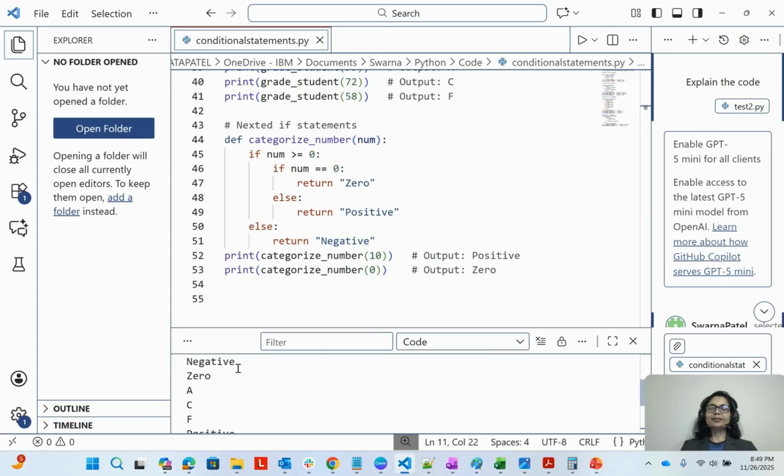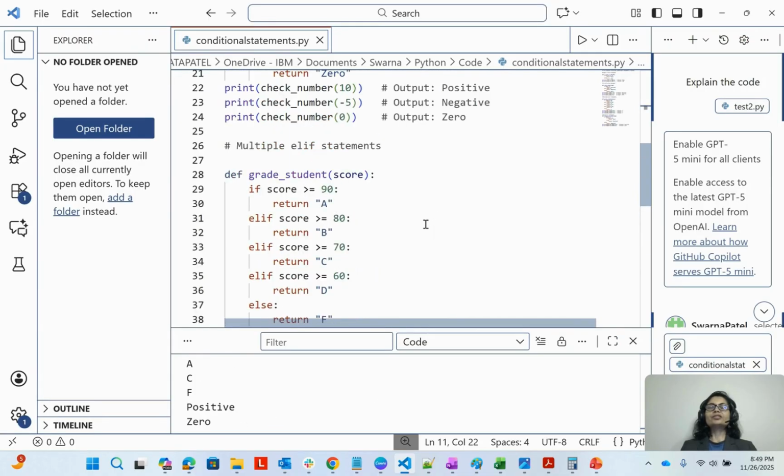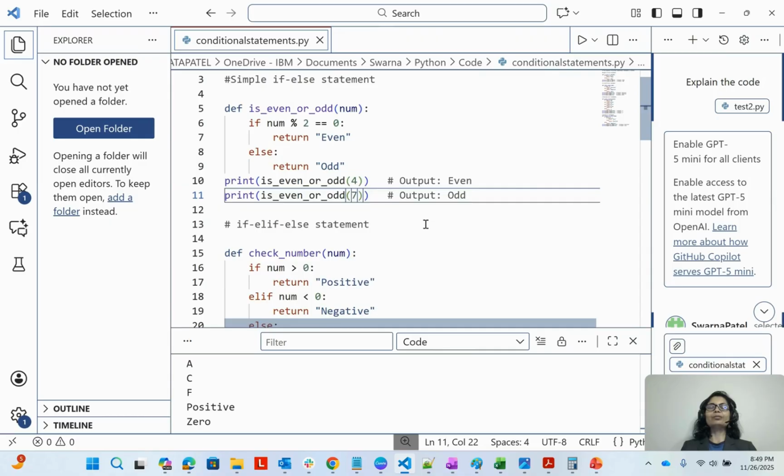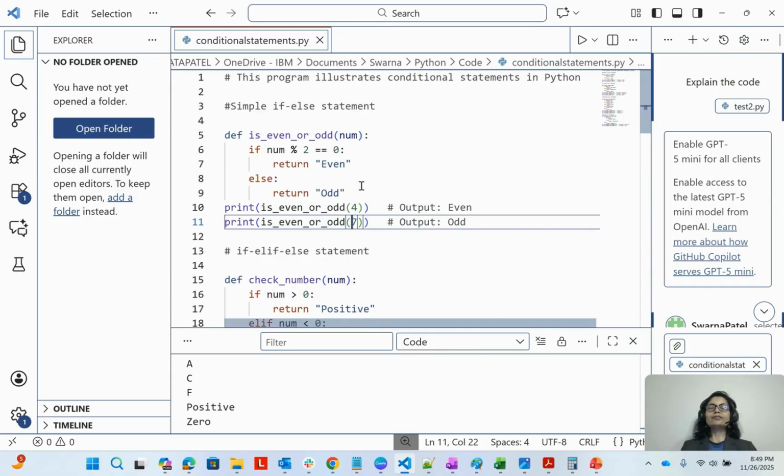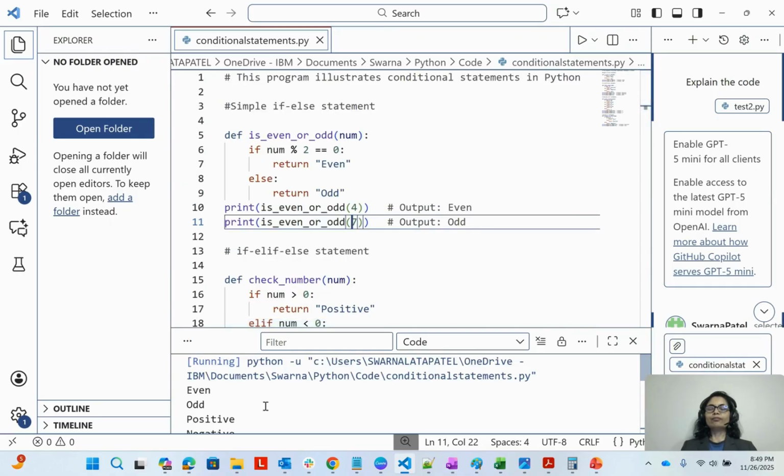Now you can see we are having negative, positive, negative, 0, and then A, C, F, positive, 0. So based on what we discussed, we are able to see the output for this even and odd example. 4, it is even. 7, it is odd.